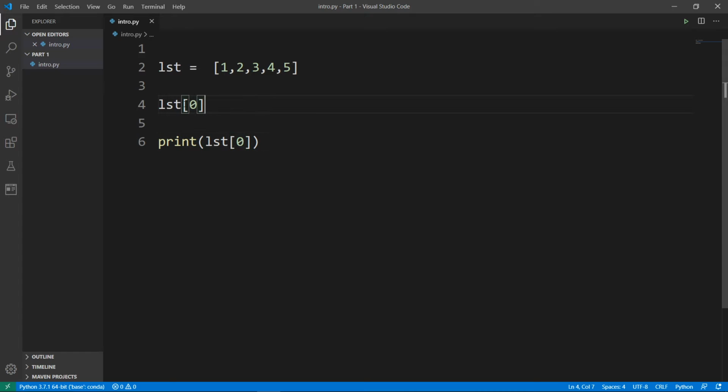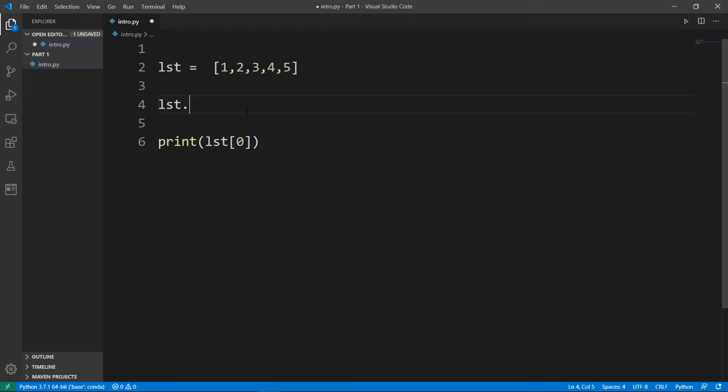We can use indexing, just like arrays, in order to print the values. Also, I showed you some methods that are by default available in lists,